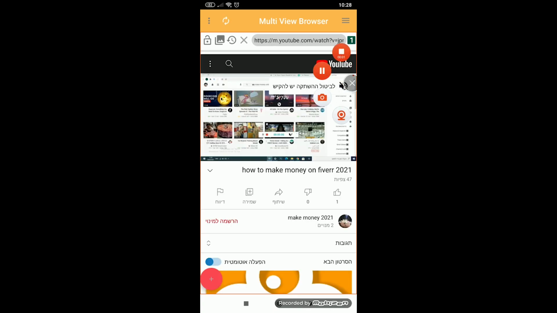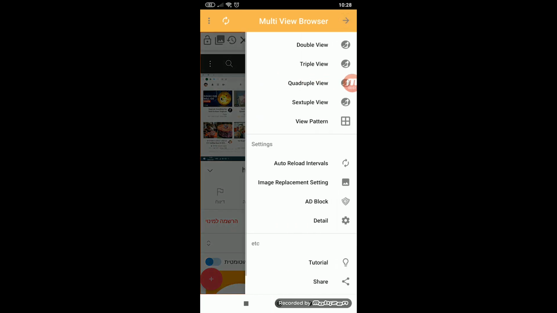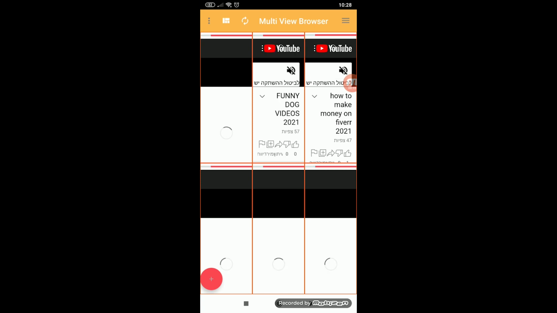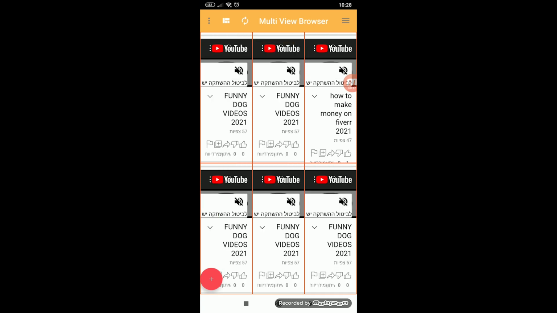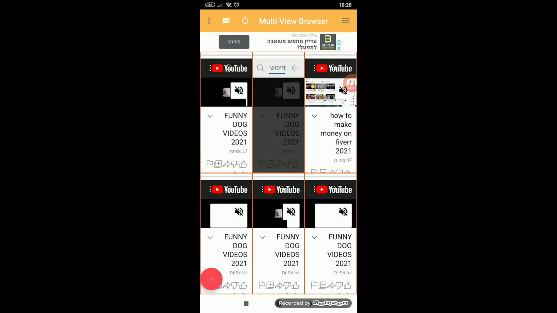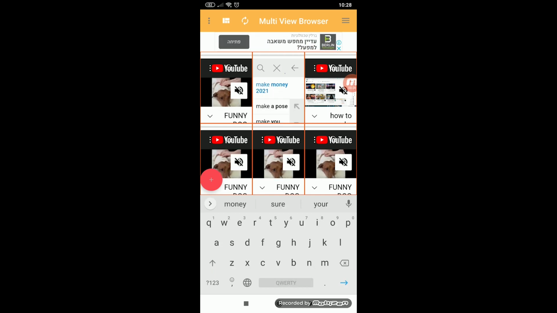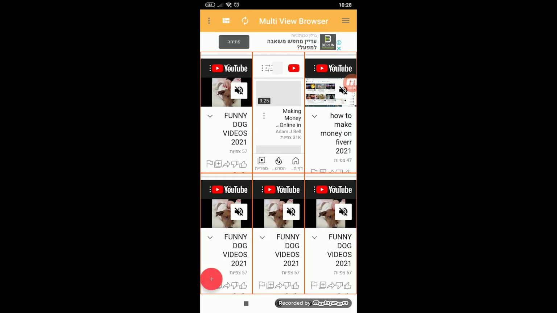Okay, and now for the finale, I'm going to show you how to double your views with this app. You enter the settings on the right, you pick the 6 tabs. It's going to give you 6 screens for views. Please search for your video in every tab, and